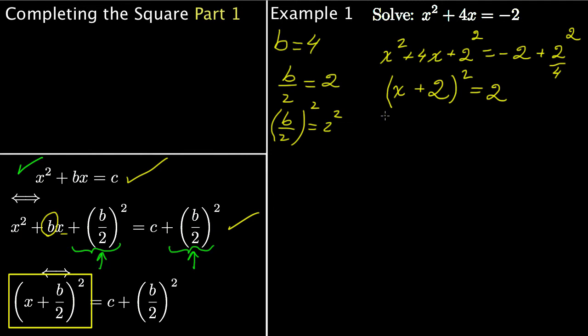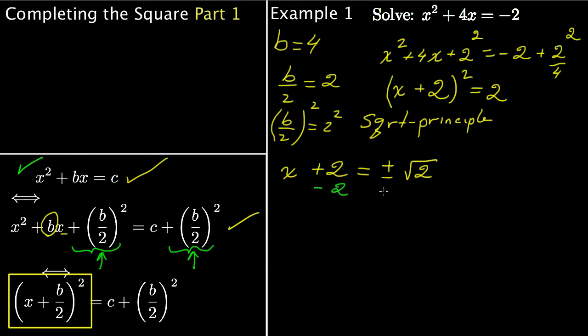And now we have a perfect square on the left side and a number on the right side, and so now we could use the square root principle. And what does the square root principle say? The square root principle says that if we have a perfect square on the left and a number on the right, so here we have x plus 2 is equal to plus or minus the square root of the right-hand side. So we could perhaps subtract 2 on both sides, isolate x, so here we can subtract 2 on both sides, and we end up with